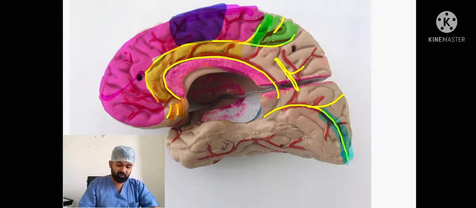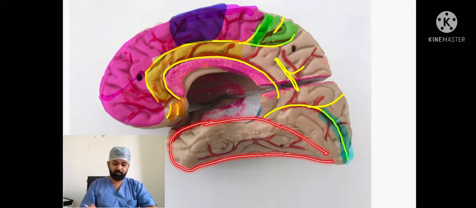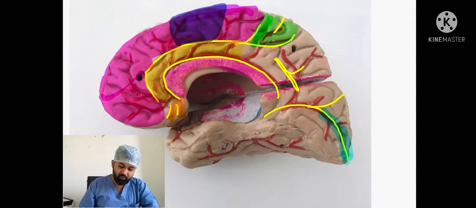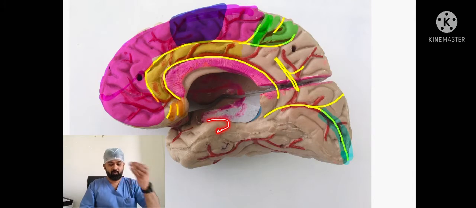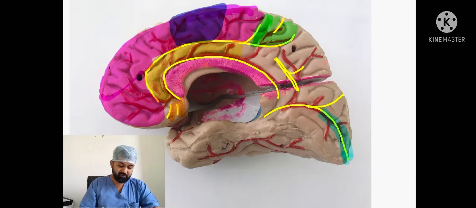Now we can also see that a part of the temporal lobe is also seen on the medial side. The most prominent feature of the temporal lobe that is present on the medial side is the uncus. This is the uncus. Before that, we saw that we had an inferior temporal sulcus, which is a feature of the superolateral surface, but it is also present on the medial side.